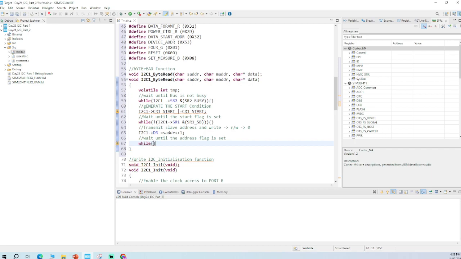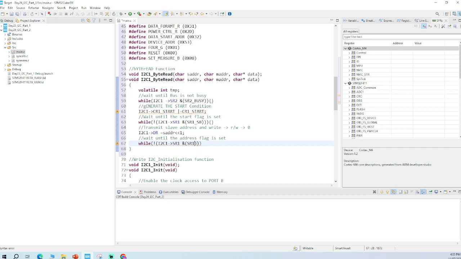So while of not equal to I2C1, it's linked to the status register 1, I2C1 linked with the status register 1, and just simply AND that register with address SR1,